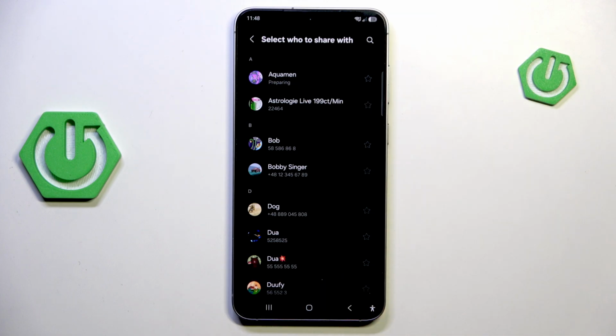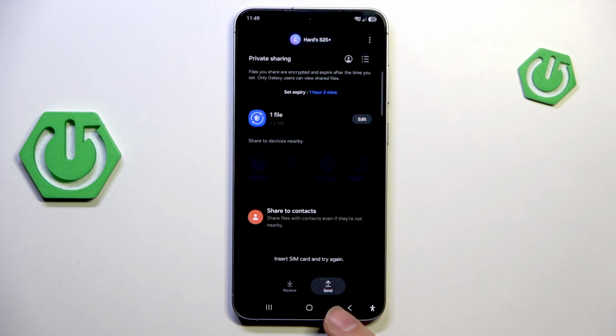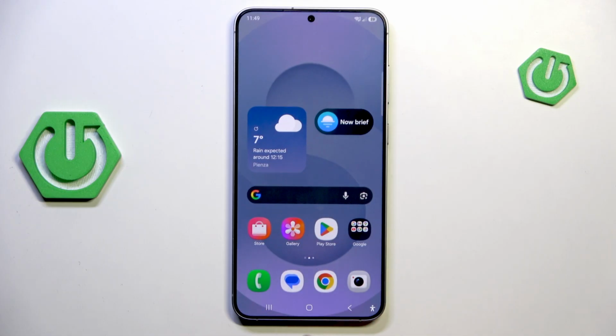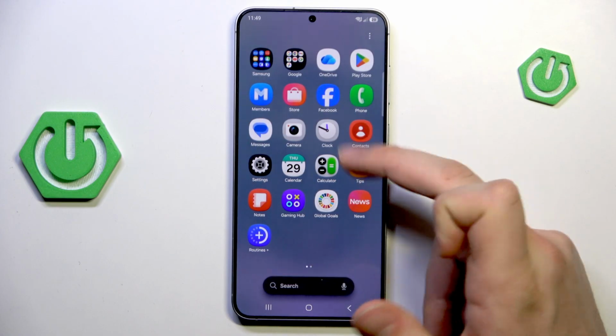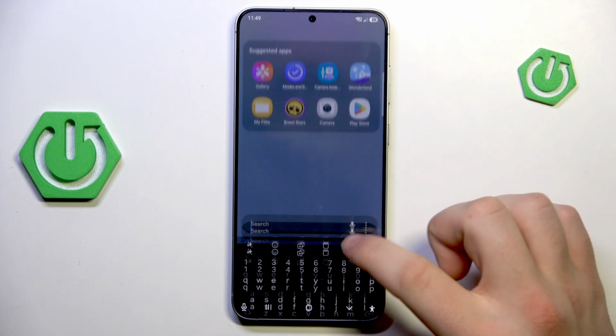You select the contact. I don't have a SIM card, but after you select the contact, you can send it to him. Also, it's just about photos, but if you go to app called My Files,